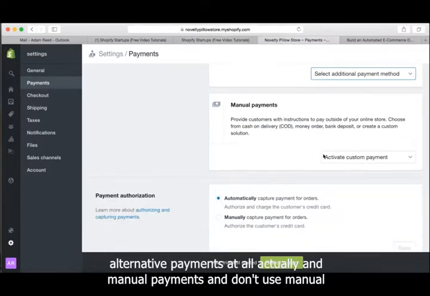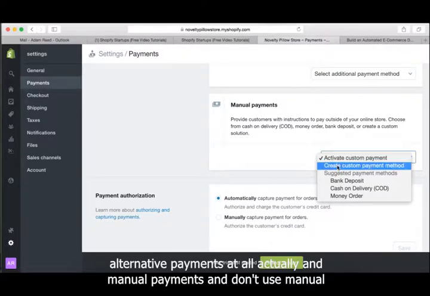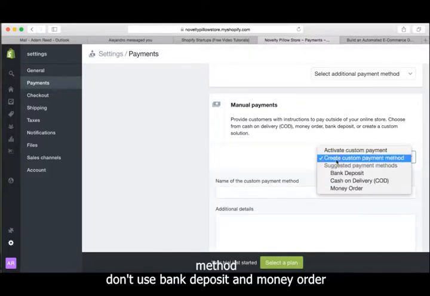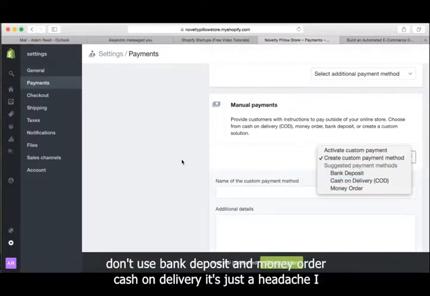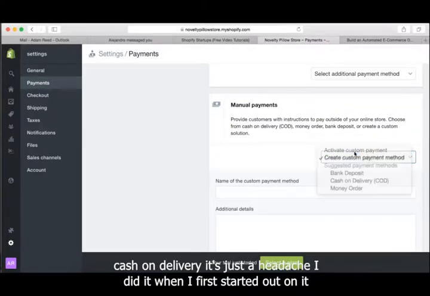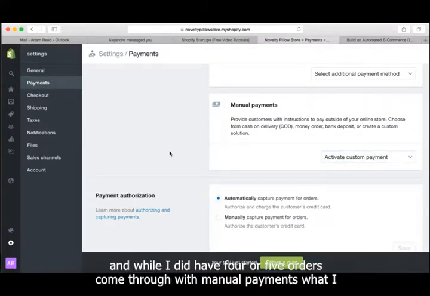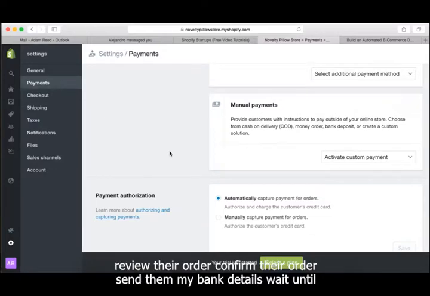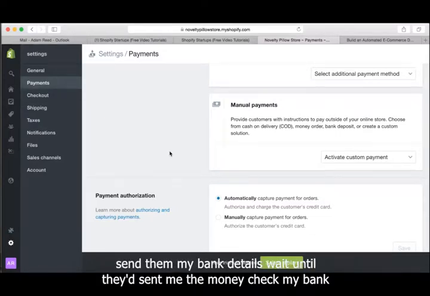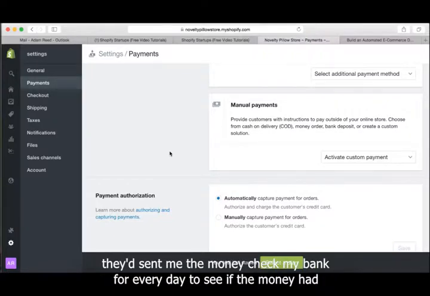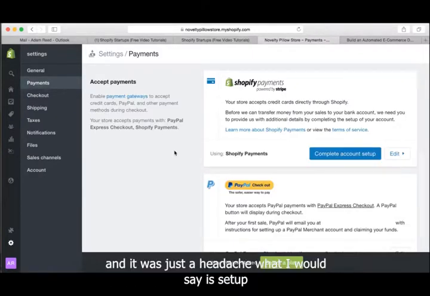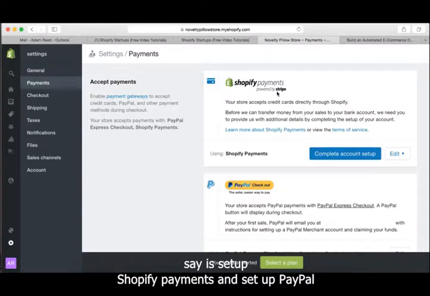And manual payments, don't use manual payments. Don't create a custom payment method. Don't use bank deposit, money order, cash on delivery. It's just a headache. I did it when I first started out, and while I did have 4 or 5 orders come through with manual payments, what I had to do was contact the customer, review their order, confirm their order, send them my bank details, wait until they'd sent me the money, check my bank every day to see if the money had come in, let them know if it had come in, and it was just a headache. What I would say is set up Shopify payments and set up